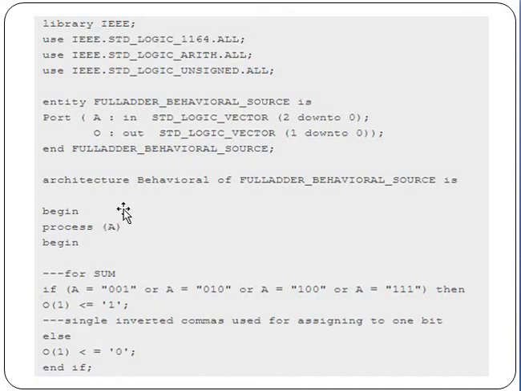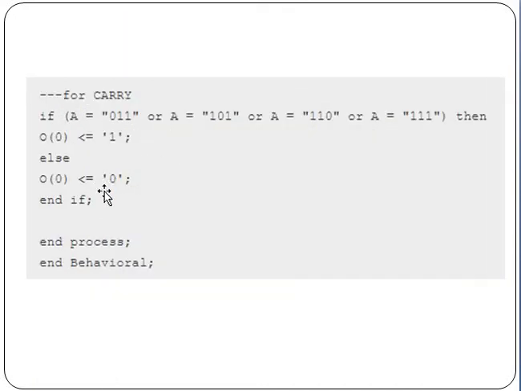So this is the logic. For carry we will use similar logic. When two or more inputs are 1, the carry will be 1. So if the inputs are 011, 101, 110 and 111, then the output will be 1, or else it is 0.